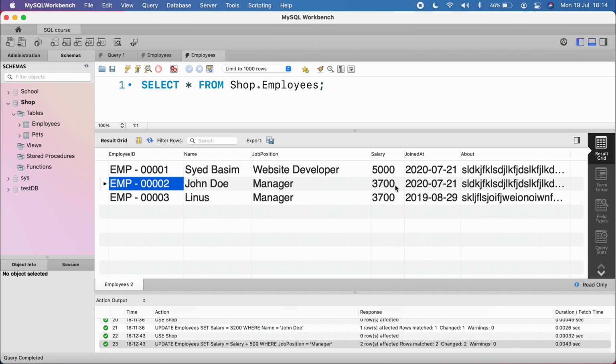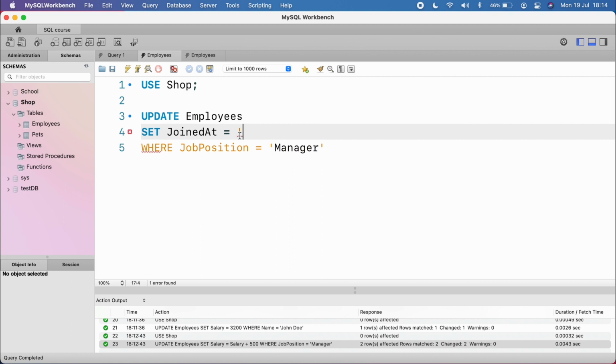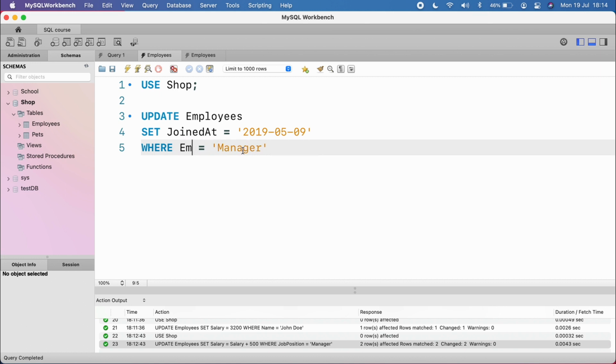So let's go and change not the salary, but the joined at date. Currently it's July 21, 2020. So I'll just change it to maybe 2018, and no, I'll just change it to some random date. So update the employees table and set the joined at to a random date, let's say maybe 2019 5/9, like that, where the employee ID